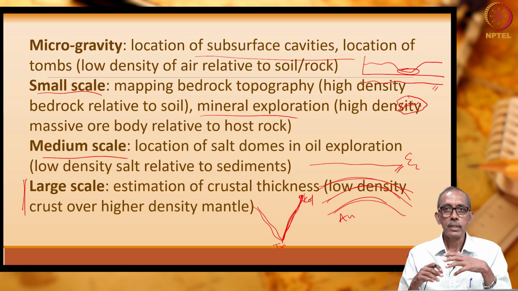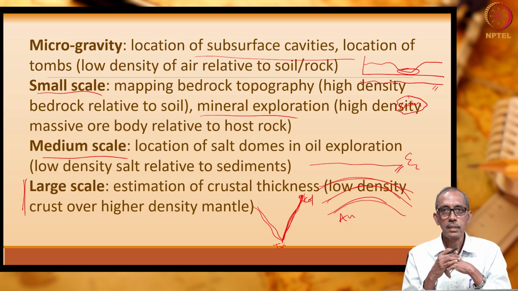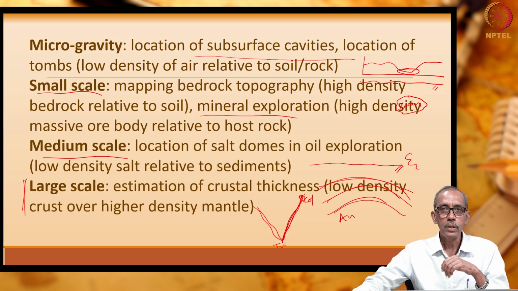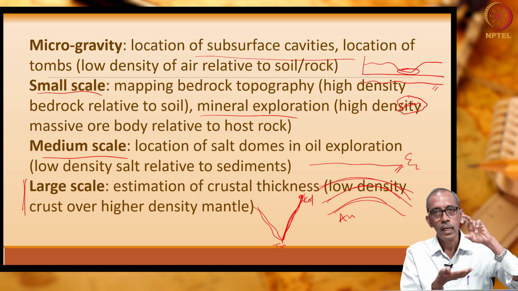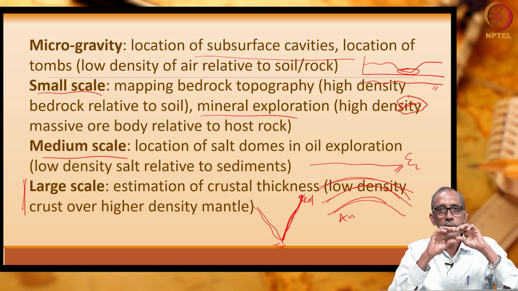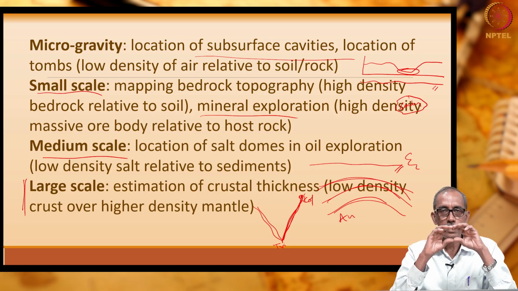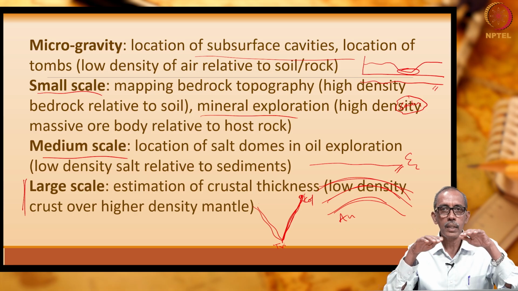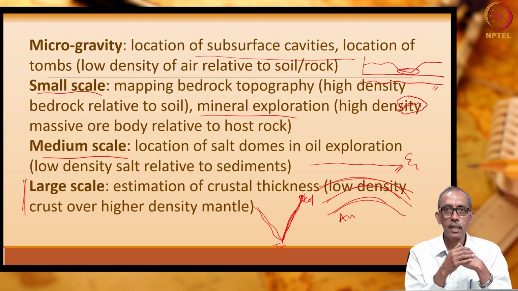And also over the entire ocean or over the entire world, we carry out gravitational surveys to understand the thickness of the Earth's crust. Thickness in continents will be about 35 kilometers. Is the thickness increasing? In several regions of the world, the crust is thinning, right. That thinning is taking place because of the movement of plates. They can also be studied using large scale variation in the acceleration due to gravity.